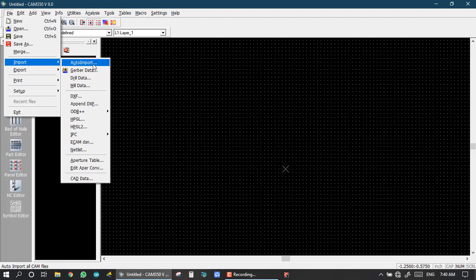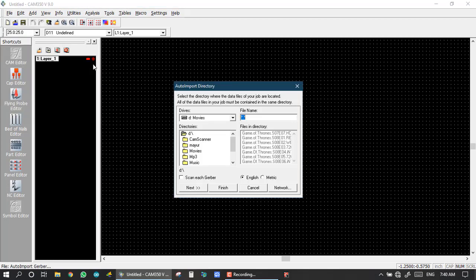First I select Auto Import, and when we click on it we get this dialog box for the path.